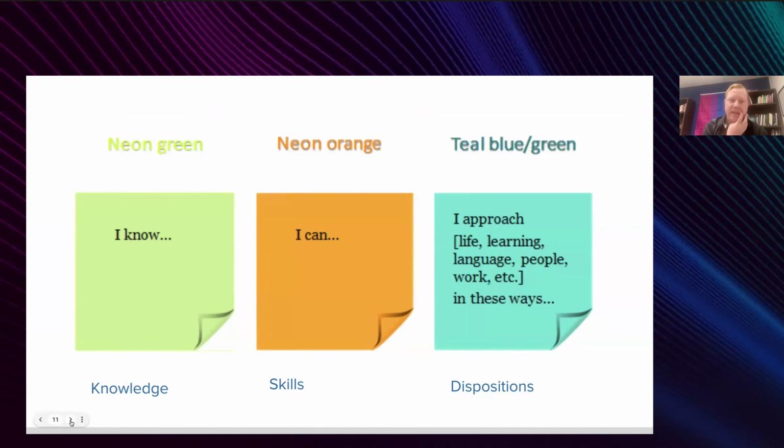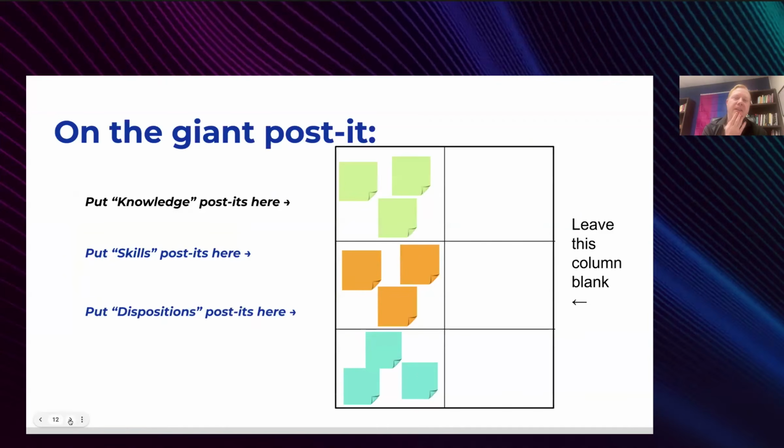Okay. Yeah, and then the next slide just kind of shows how we ask them to start organizing them. And so they start by putting them into the left side of the big post-it, and we have them leave that little area on the right blank until we get to the next step that Michal will be able to go over. Excellent.